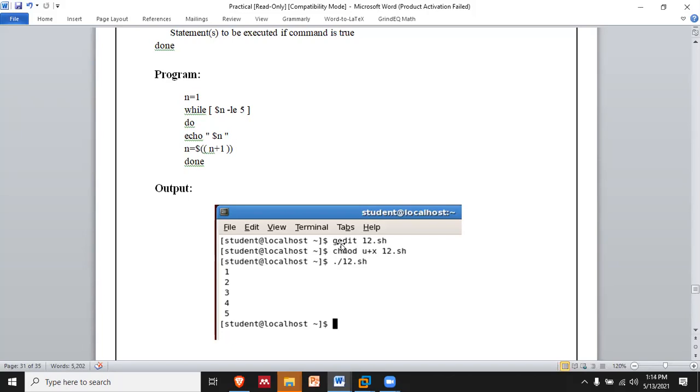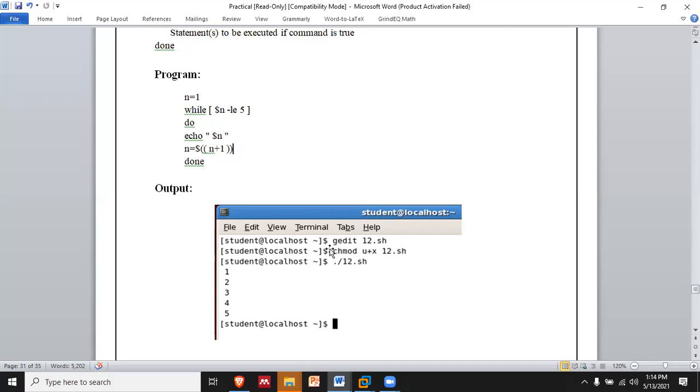Otherwise, you can use the Vim editor, a very powerful editor: vi, then the name of the file .sh. Then write the code that we have just discussed, for the if statement, if else statement, for loop, and while loop. Just write this code in that file, and then for execution you have to use the following.